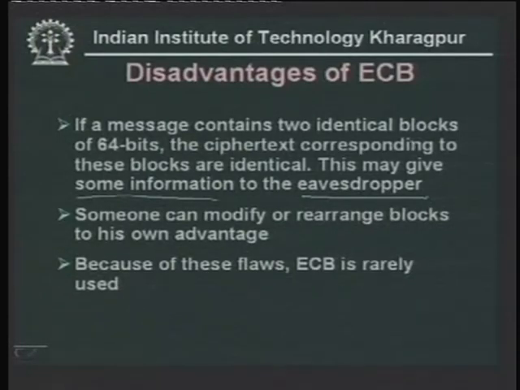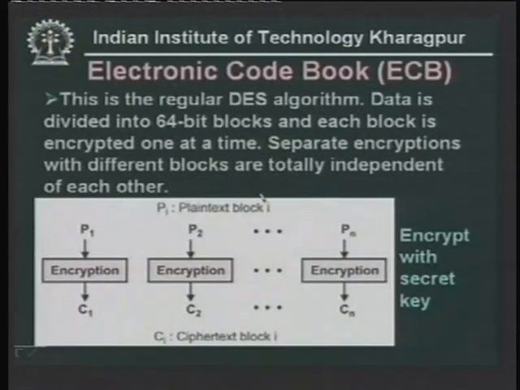So, if the message contains two identical blocks of 64 bits, the ciphertext corresponding to these blocks will also be identical, as I explained. So, this is not a very good approach. Another problem is that someone can modify or rearrange blocks to his own advantage. For example, here in the ciphertext, since they are independent, C2 and C3 can be interchanged, or C4 and C5 can be interchanged, and at the other end